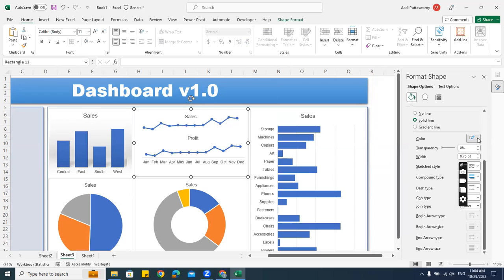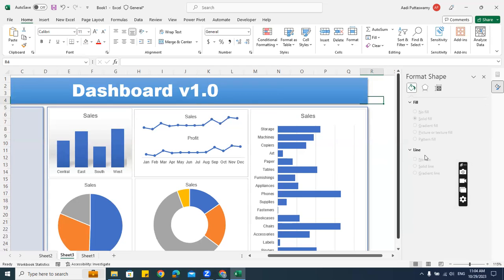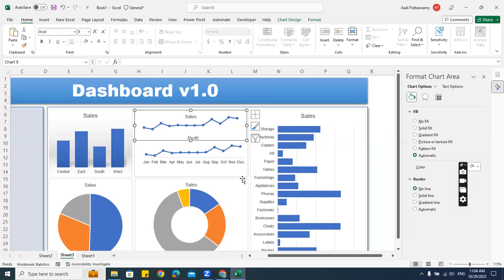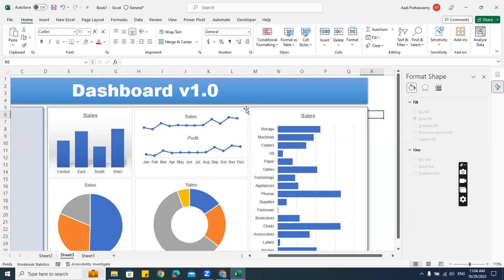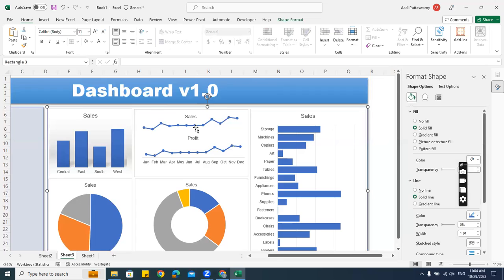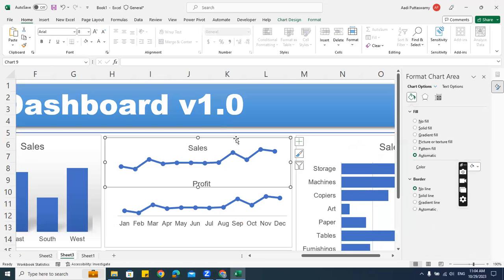Just trying to match it. I think it should be this. Yeah, now it's matching. So I'll just go here, zoom this so that I can